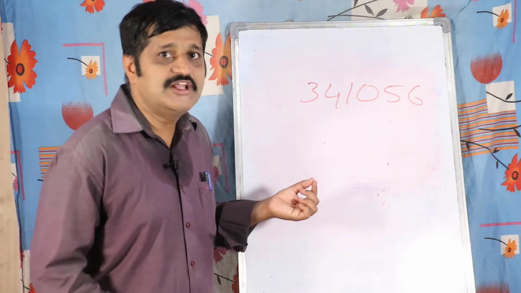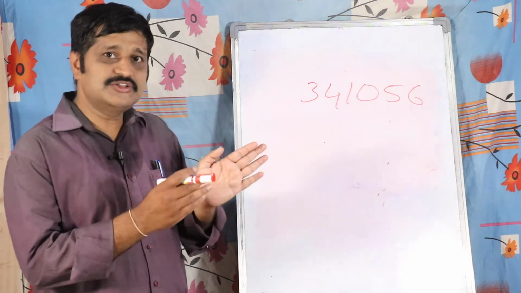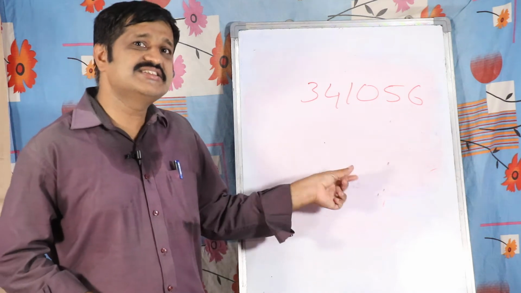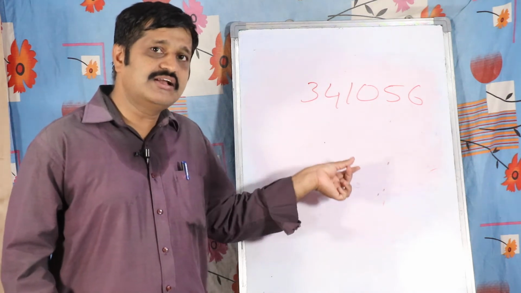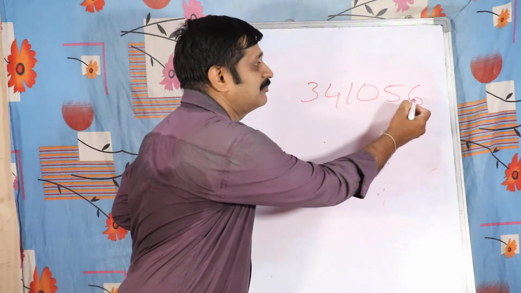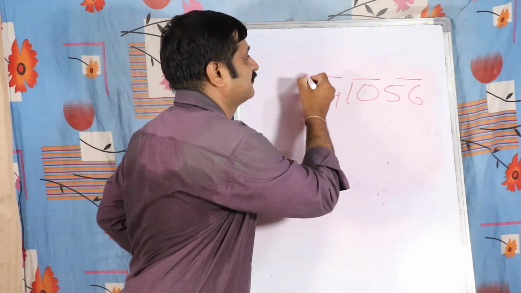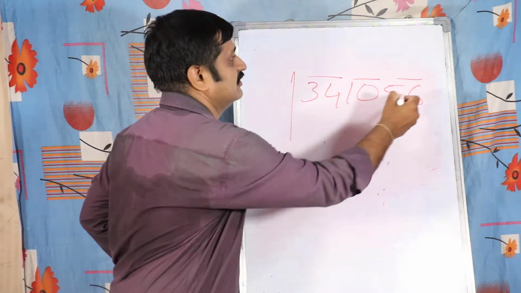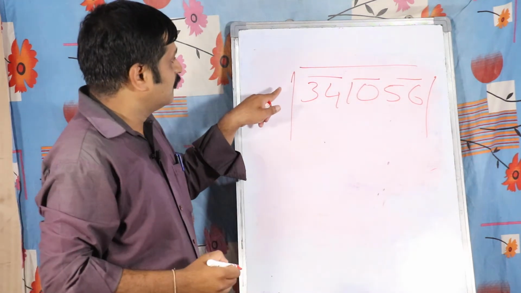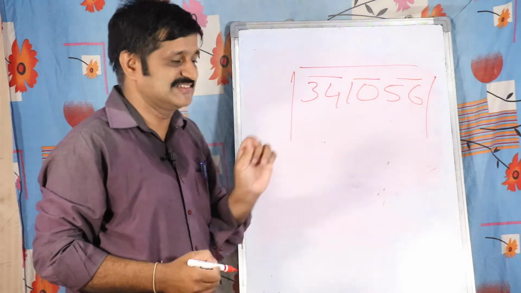Okay. While we are discussing the long division method, we have to recall and recapitulate the normal division; there is just a slight difference between the normal division and the long division method. Let us see here. From the units digit onwards, you have to count every 2 digits and make a bar. Okay. And next, you have to draw the lines, and here the first part is 34, the next block is 10 and the next block is 56.